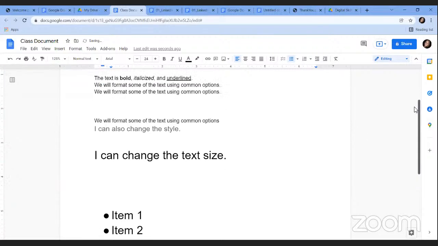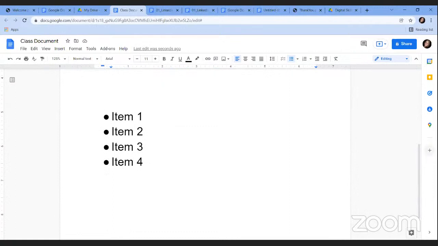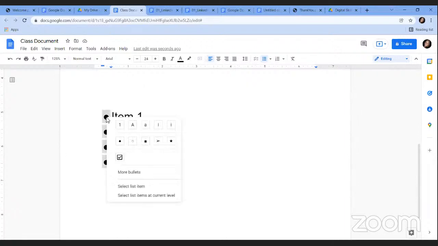Now, if I had text up here that I wanted to make into a bulleted list, I would just highlight it and then use that shortcut to apply those changes. Once you've created a bulleted list, you can also change how that list appears. What we would do is right-click on our bullet